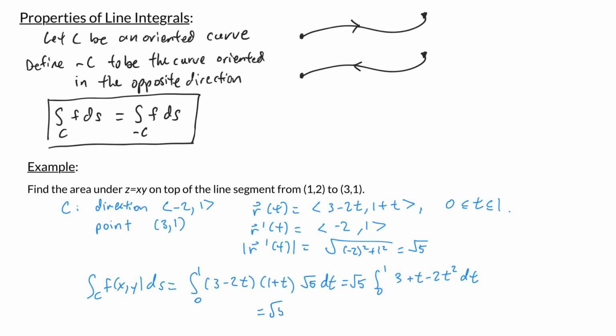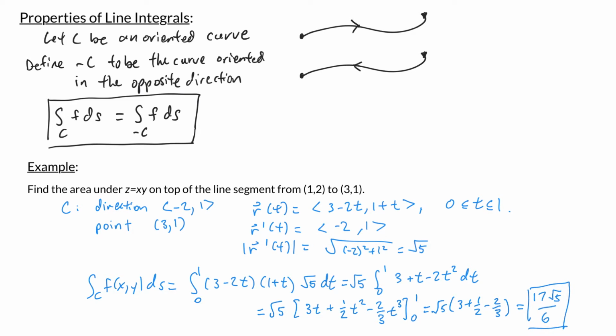Computing the antiderivative, we have the square root of 5 times 3t plus 1/2 t squared minus 2/3 t cubed, evaluated from 0 to 1, which is the square root of 5 times (3 plus 1/2 minus 2/3). And if you simplify this, you again get 17 square root of 5 over 6,